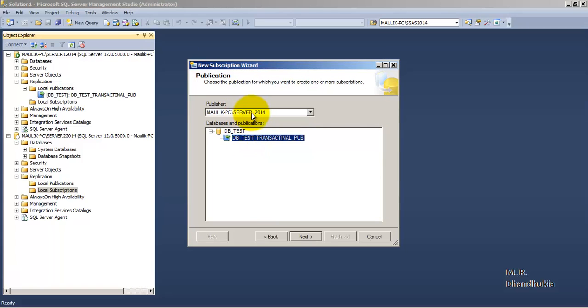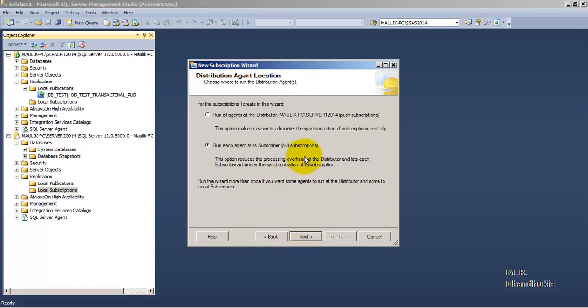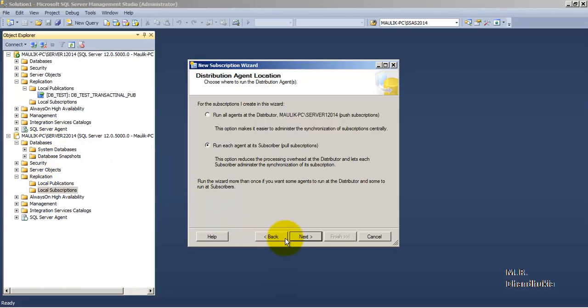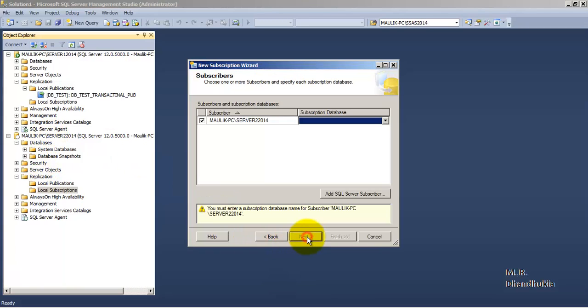It is showing that on Server 1 there is a publication with the name db_test_transactional_publication, so let us click next. In this case we will use the pull subscription, that is the distributor agent will run on the subscriber and pull the data from the distribution database and apply the transactions on the subscriber. Click next.